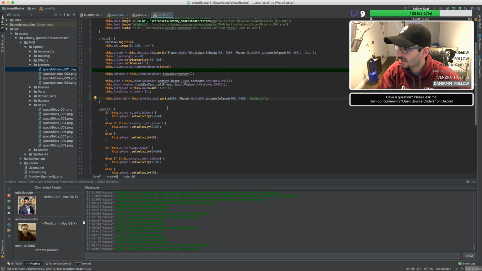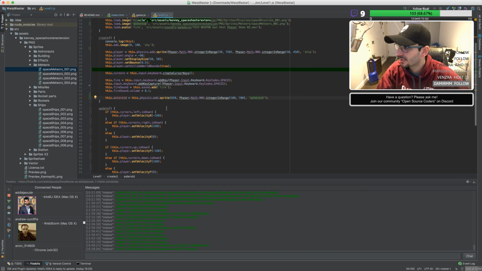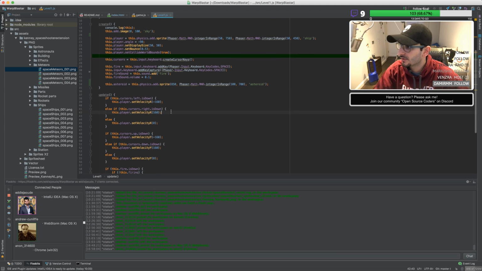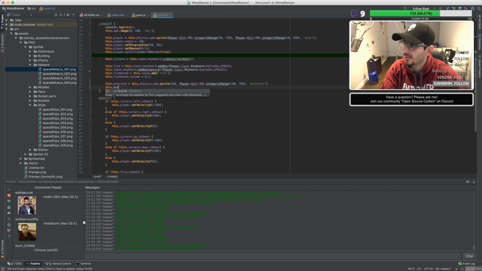Okay, and then we will also want to give it a velocity as well, so it comes toward the player. So it's going to start off on the right hand side, we want it to come to the left. This is me guessing, so if you see any improvements, then do let me know. So we want to say this asteroid dot set velocity